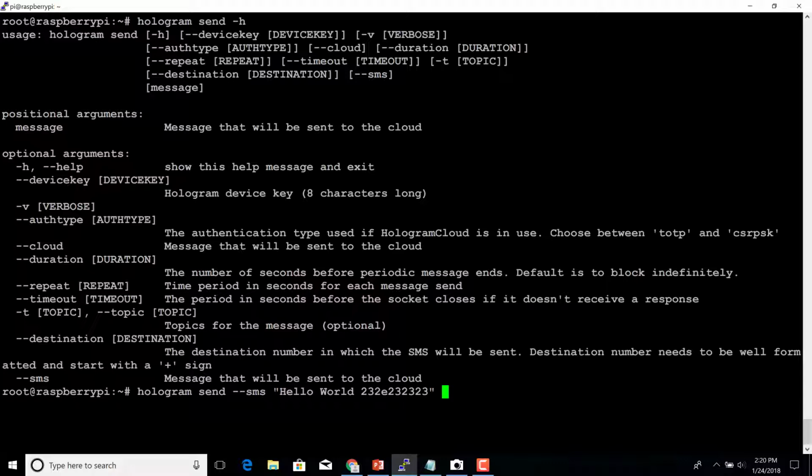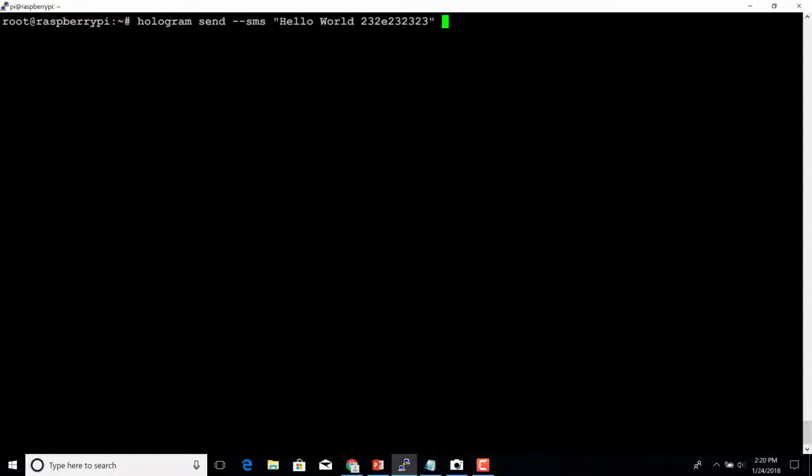Now the destination address is going to be important. This is going to be the phone number where the SMS would be sent. And you will have to use the plus followed by the country code and then the phone number. And then when you try to run it, you'll actually see that it gives you a little error which says